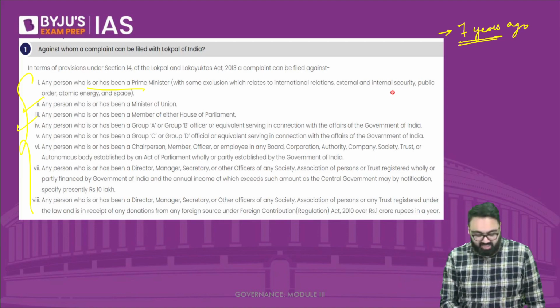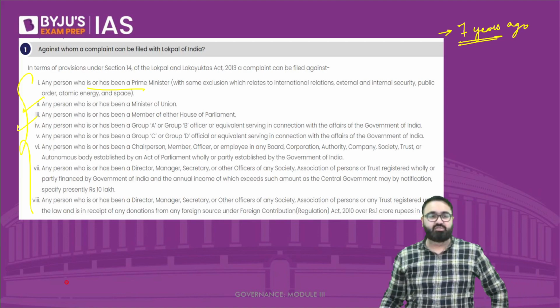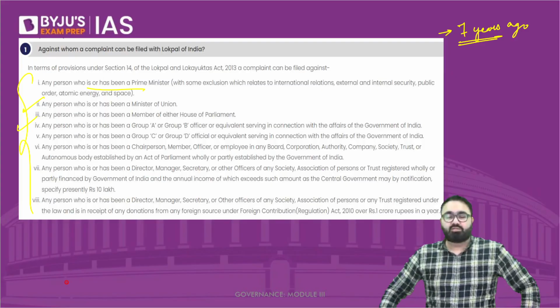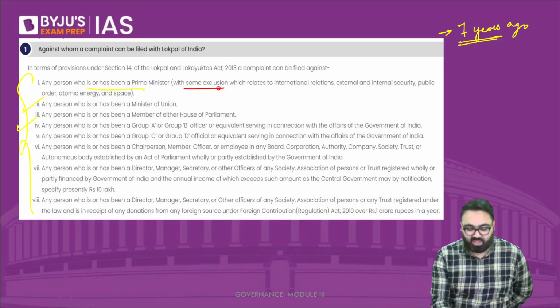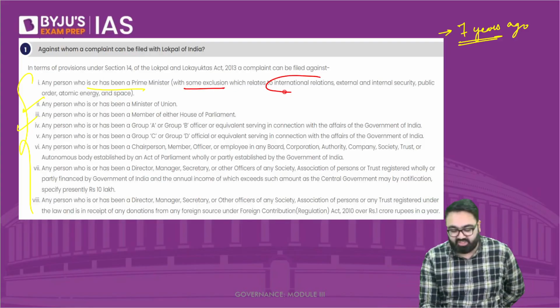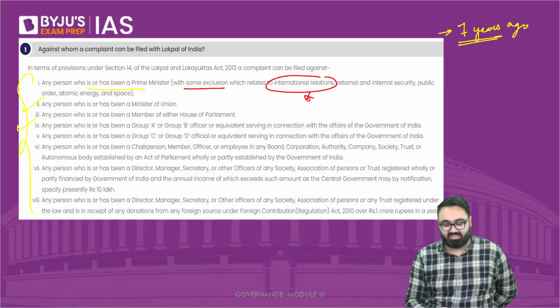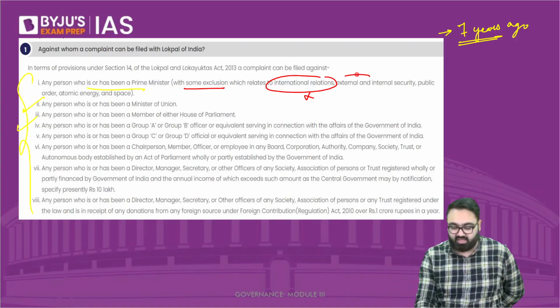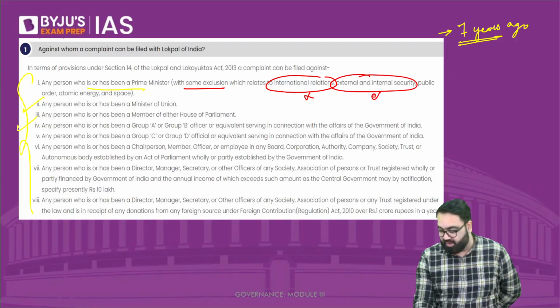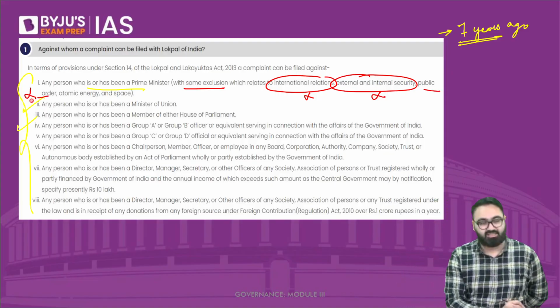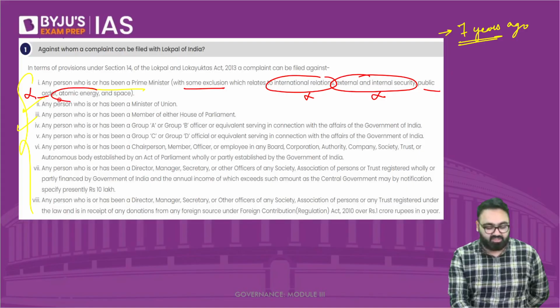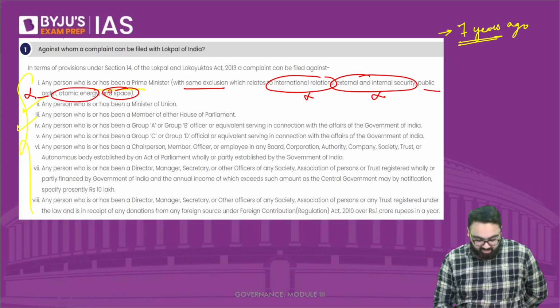For example, if you see clearly, it also tells you under what circumstances you can file a complaint against the Prime Minister. See this. It says what is excluded. International relations, you cannot file a complaint against the Prime Minister. Internal and external security of India, you cannot file a complaint against the Prime Minister. Public order, you cannot file a complaint against the Prime Minister. Atomic energy, space, in all these matters,